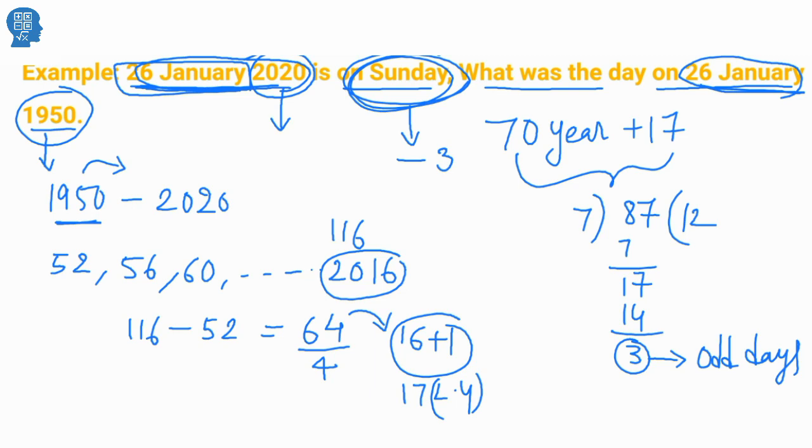Whenever we have before, minus. The 3 days before Sunday, that is your answer. Before Sunday is Saturday, before Saturday is Friday, before Friday is Thursday. So the answer will be Thursday. I hope you understand this problem and the explanation, and you understand how to get the answer. Moving on to another problem.